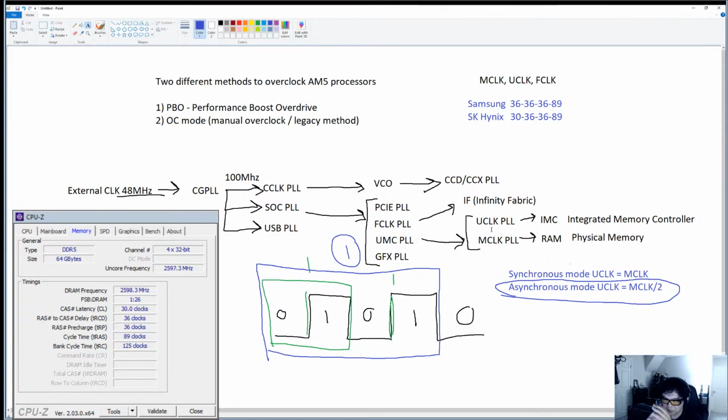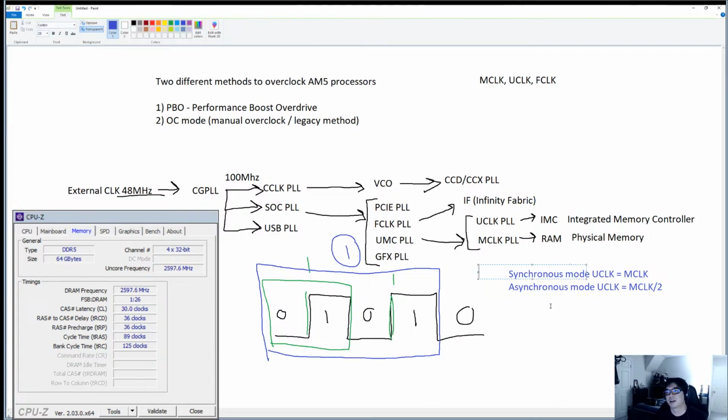Even though the U clock, the processor, is sending one command to memory every other clock cycle, the memory's frequency is so fast that it overcomes that difference in the speed, or in the polling rate, or I guess the command rate of the memory. So another way to think of this, if you're thinking about it from DDR1,